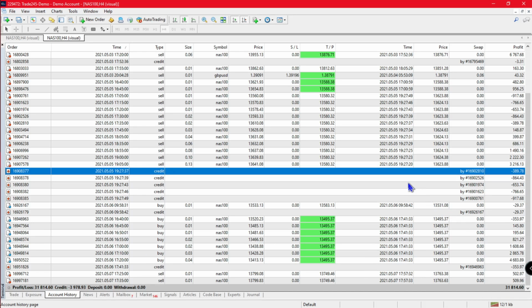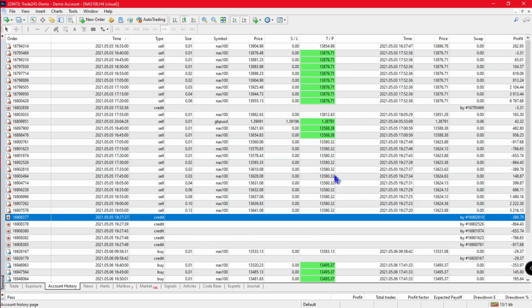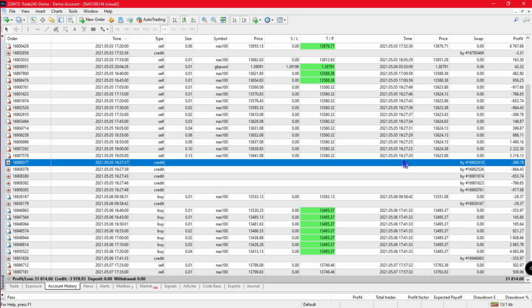20,000 Rand drawdown is $1,416. From the 4-hour backtest that we ran earlier, you saw the profit was $4,116 and the drawdown was $7,186, and that translated to a drawdown of 101,000 Rand. By using the strategy where you open your trades only from 3:30 in the afternoon until they close, it was able to stick to a drawdown of 20,000 Rand, which is around $1,416. So the drawdown has greatly improved, and the profit of 31,000 Rand is a lot higher than the drawdown